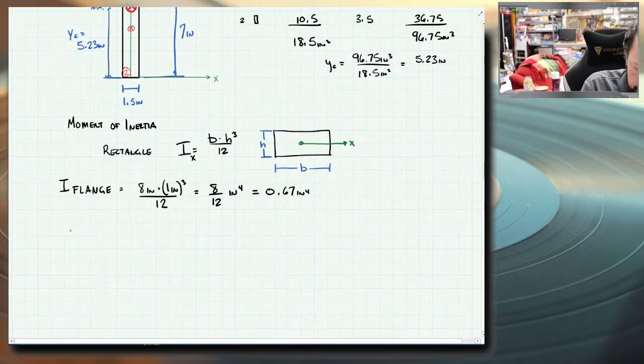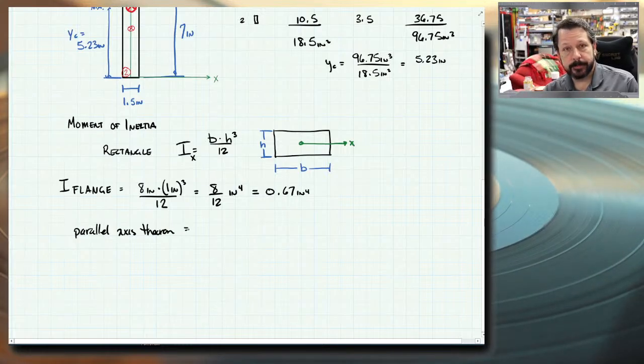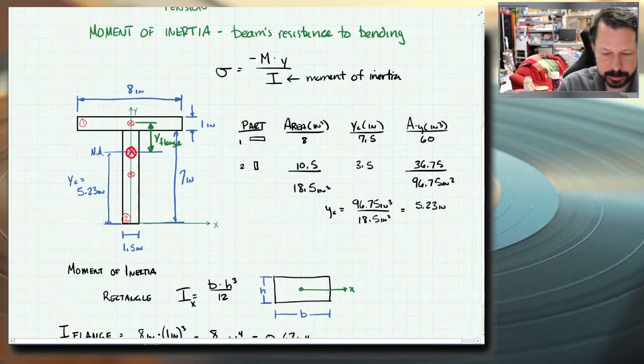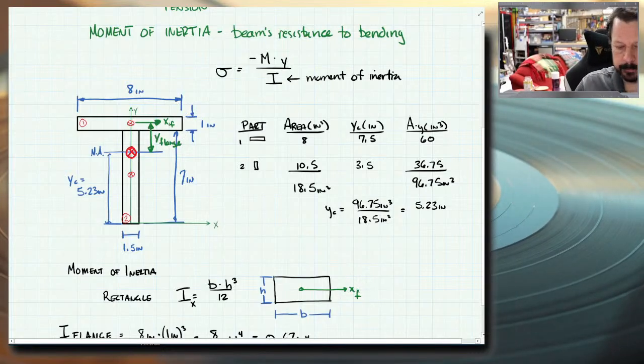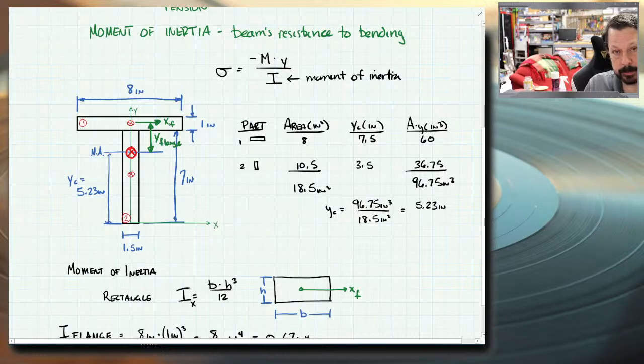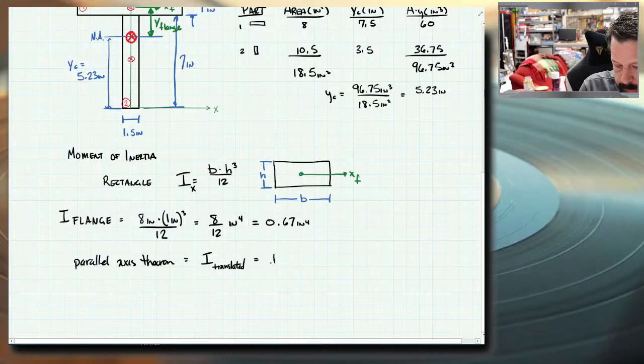So what I do to do that is called the parallel axis theorem. What this does is it takes the moment of inertia from one axis and translates it to a parallel axis. So that's exactly what I need it to do. I've got one axis. This is the one I just called X. Let's put XF. And XF down here, and here, same thing. So I need to translate that axis to the parallel neutral axis. The neutral axis and this one are parallel to each other. And how I do that is with this parallel axis theorem, which says that the translated moment of inertia equals the original